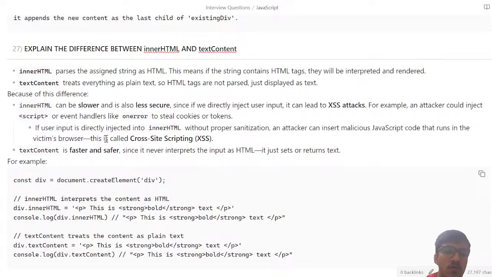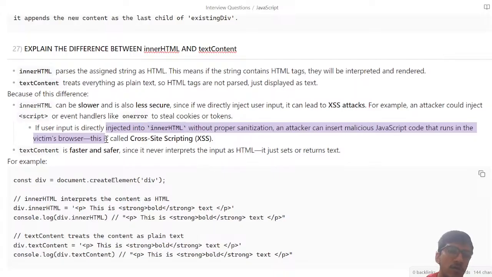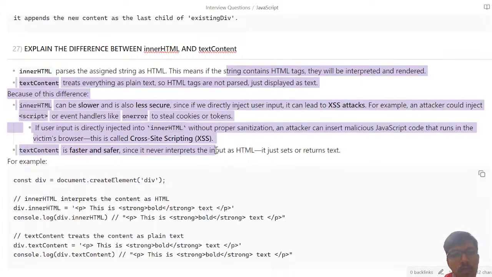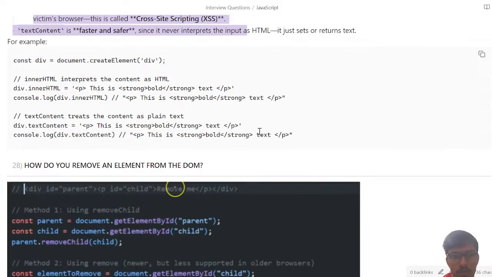This is called cross-site scripting. Got it. textContent is faster and safer. You can see, for example,